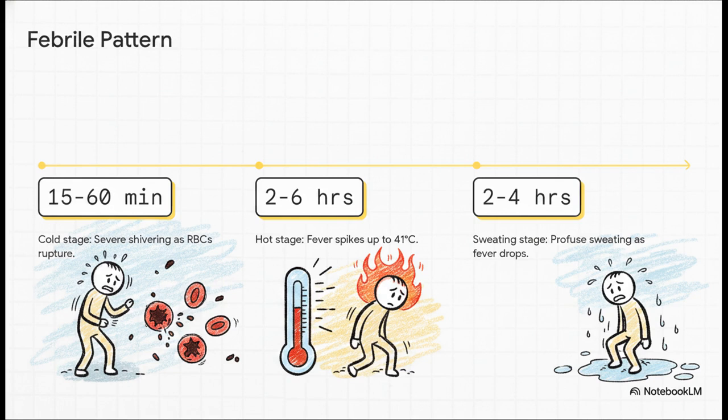It starts with the cold stage, severe shivering as that toxic hemozoin floods the blood. Then comes the hot stage, where the body fights back with a massive fever, spiking up to 41 degrees Celsius. Finally, the sweating stage, where the fever breaks, leaving the patient completely exhausted until the whole cycle repeats 2 days